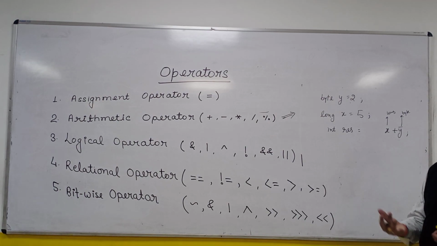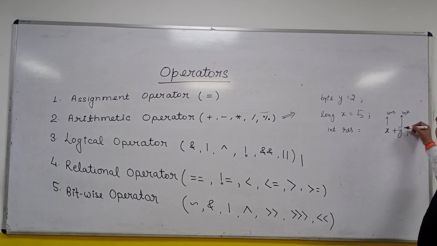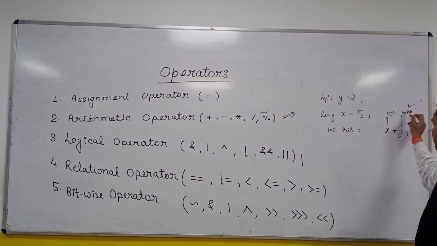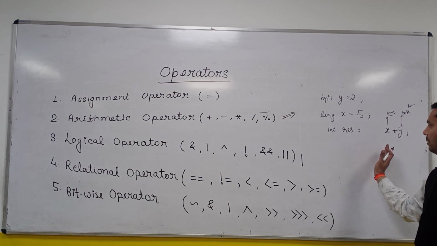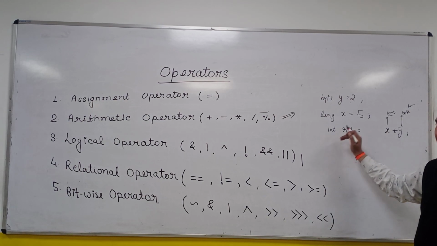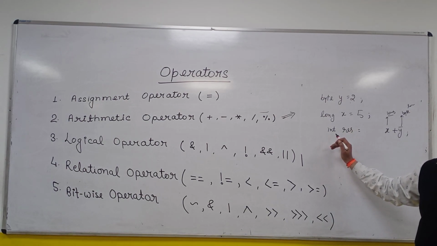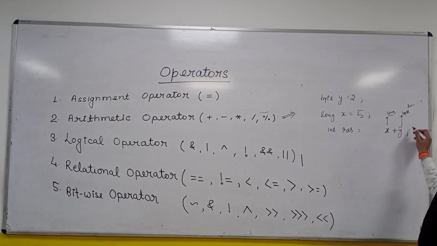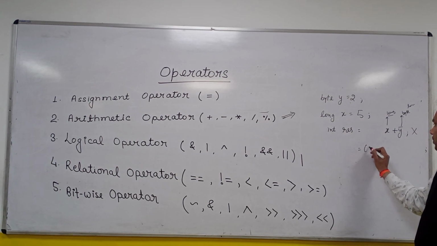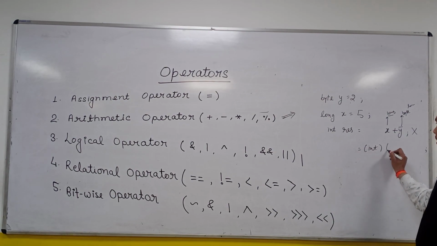So here it will be widening. Both are supposed to be converted into the same type. So obviously byte will be promoted to long. Now the result is long plus long. So 5 plus 2, 7, will be a long value. Now I am trying to assign the long value to an int type variable. So long to int, again narrowing. It means this statement will give you an error. You need to write (int)(x plus y).